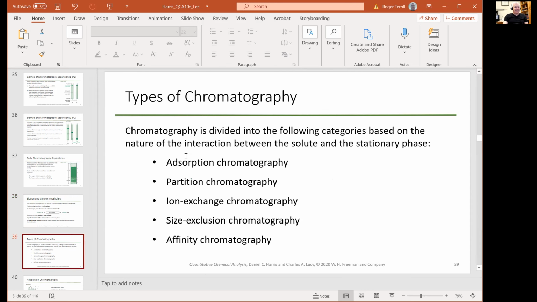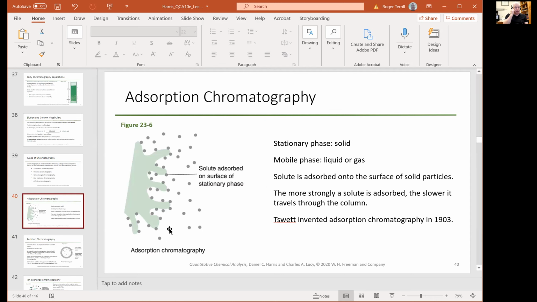So we can do adsorption, partition, ion exchange, size exclusion, or affinity chromatography. These are different mechanisms by which molecules interact with the stationary phase and are retained. In adsorption, which is very commonly practiced as flash chromatography,